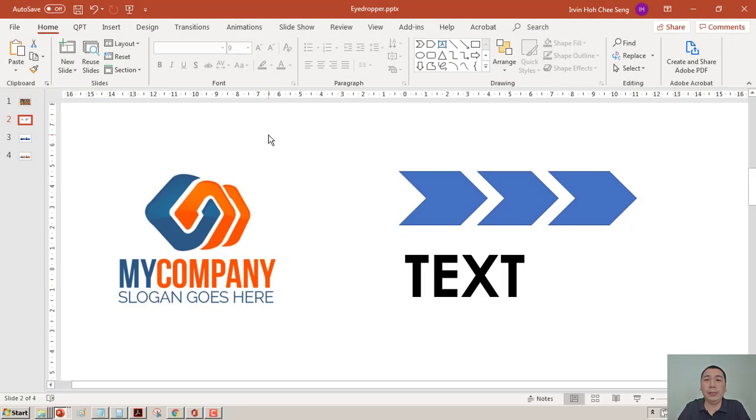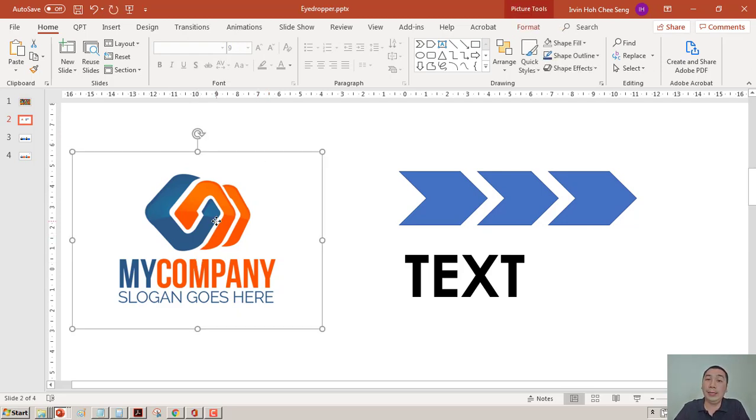What is an eyedropper? Eyedropper is a tool for you to pick the color from one object and then apply it to another object seamlessly. So let us see how this tool works, right? So I have a logo over here. Let's say this is my company logo and I have to comply to this logo color in all my presentation